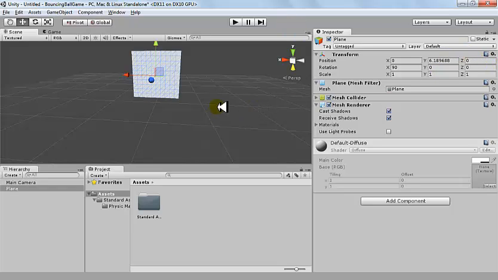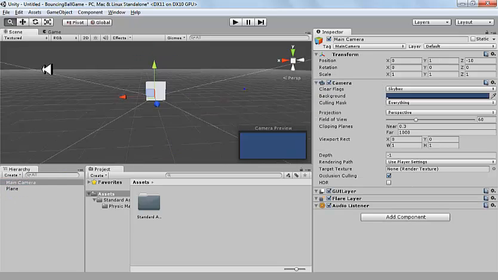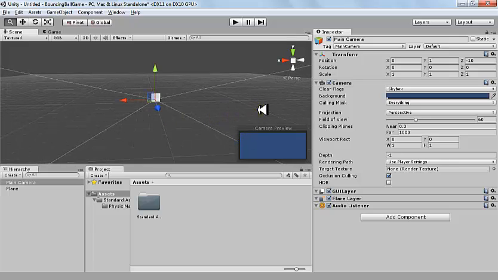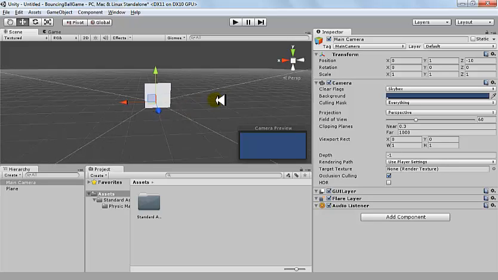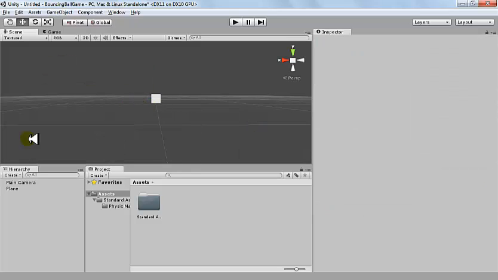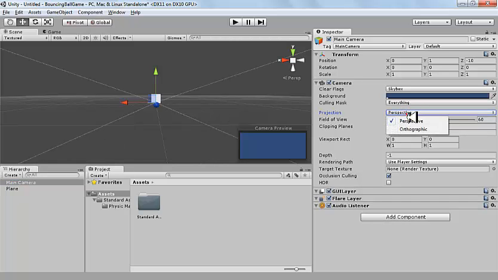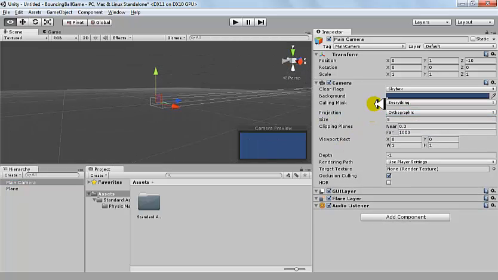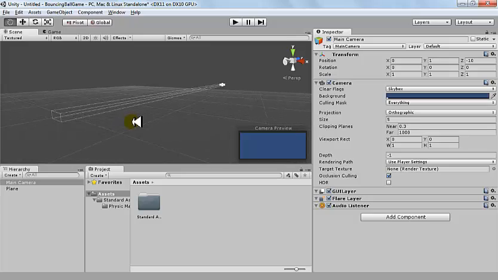The next thing I want to do is adjust my camera so that it is only watching this plane. Right, so that's a very huge camera, and when I look at the preview, my camera is looking somewhere else. If I look at my camera, it's very far. I can change these views, so let's change to orthographic view and have a look where it is. Okay, yeah, that's where it is. So let's bring it closer